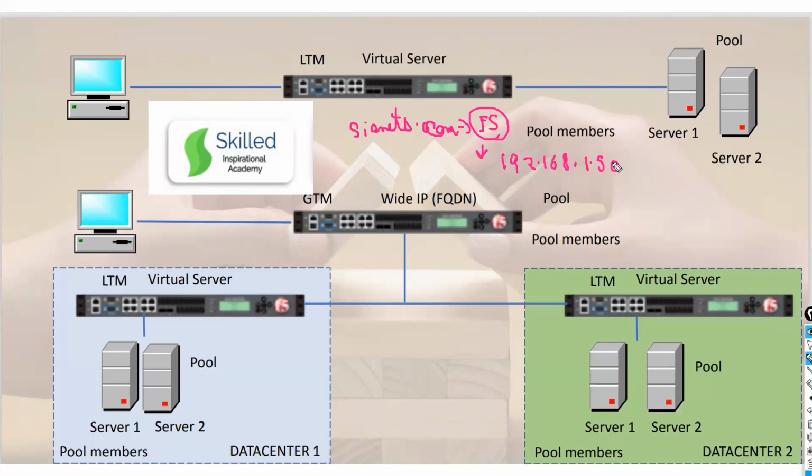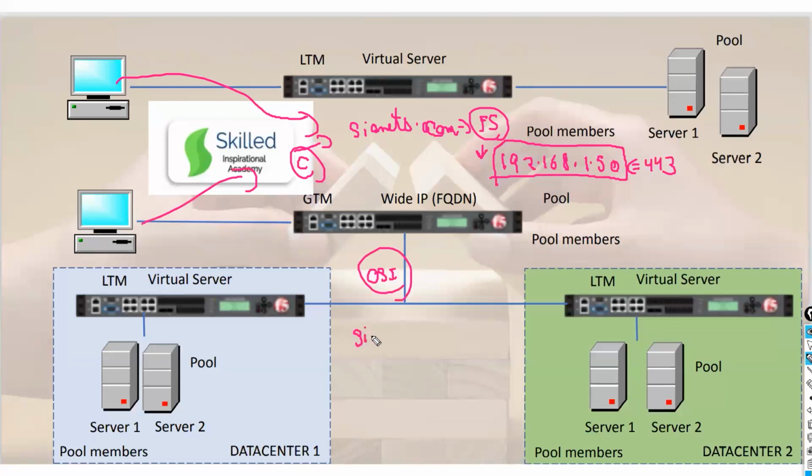Now guys, first of all, when a customer wants to access cnets.com, what is the first thing? I have assigned this VIP on 443. That is a virtual server. When my external client wants to access cianets.com, I have created a virtual server with this IP. First thing, what will happen in an OSI layer? Anyone? When the client wants to access cianets.com, the traffic IP is 192.168.1.50. That is an FQDN.